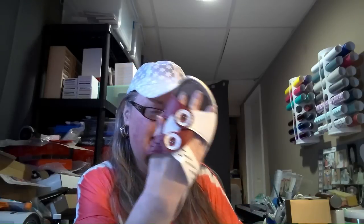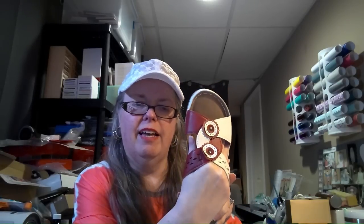All right, so some of you may remember that on a previous haul, I got a red and white dress, and then I made the comment that I found a pair of shoes to go with it. It's like there's polka dots and maybe stripes, I don't know. It's like 3 different sections on this dress, but it's all red and white in each section. And so I found these on a lightning deal one day. They're normally $12 or $13, but I got them for $6.49. And I was like, that's the perfect shoe to go with